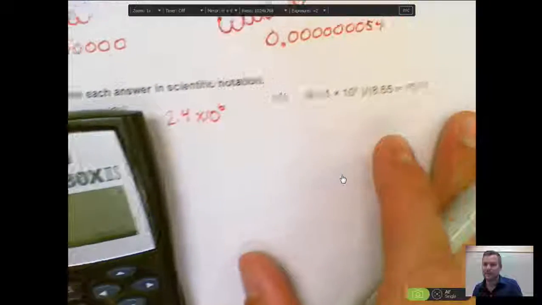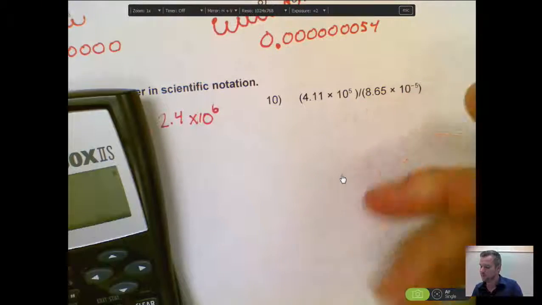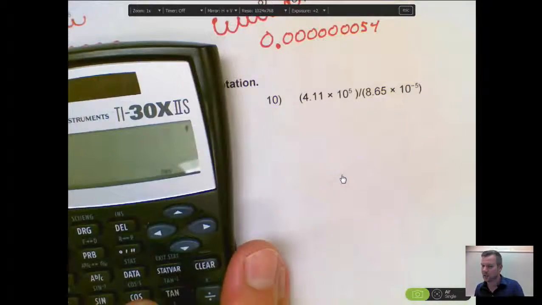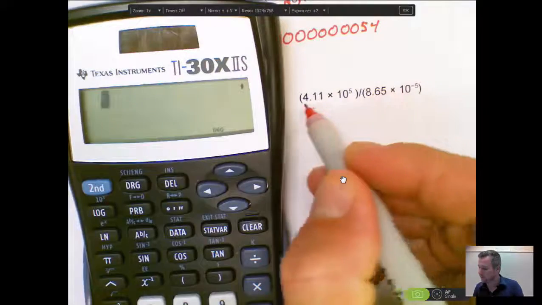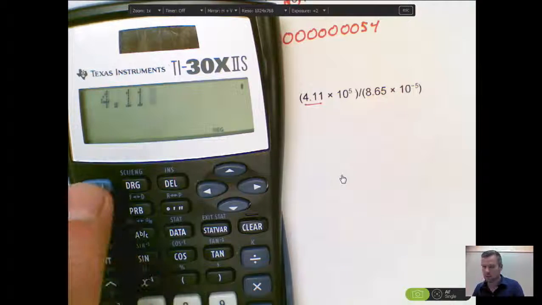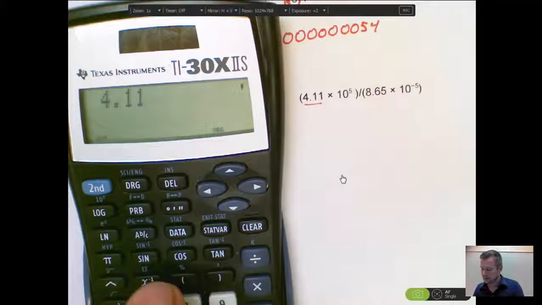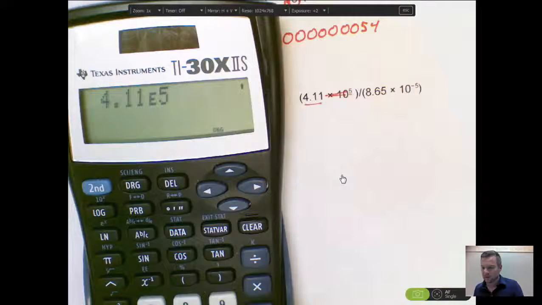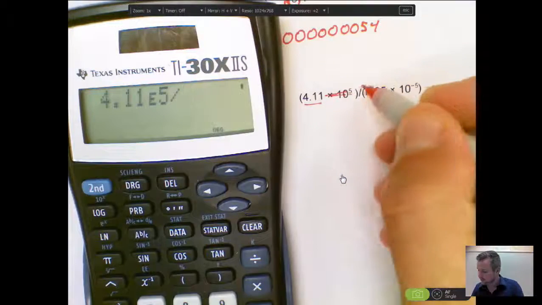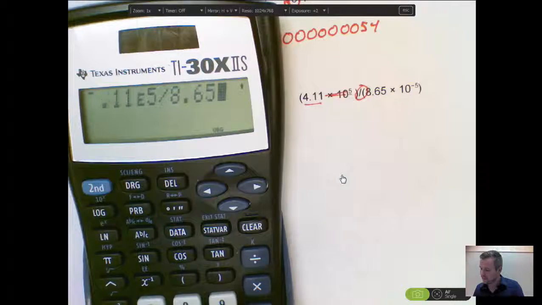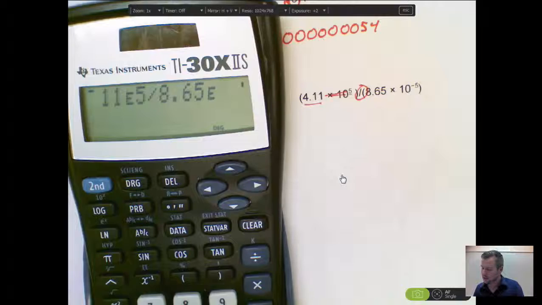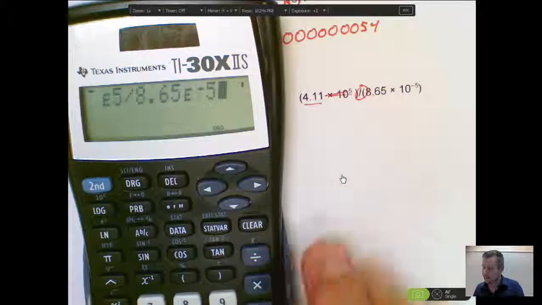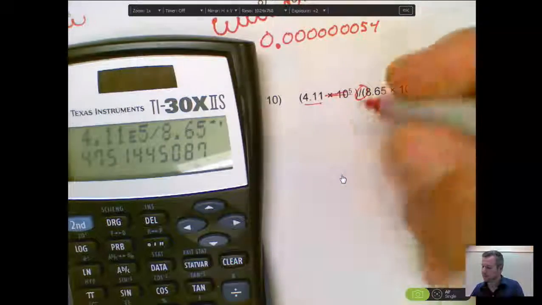Likewise, in problem number 10, this one is going to be a division problem, but we're going to want to use our scientific notation keys to do this. So I'm going to type in my coefficient, 4.11, turn on my EE key, which only writes down E, and this is a +5 right there, so we omit this part when we plug it in. Divide by, this time, 8.65, second key, E, -5. Again, that was -5. If I hit enter, again, this is a really big number,